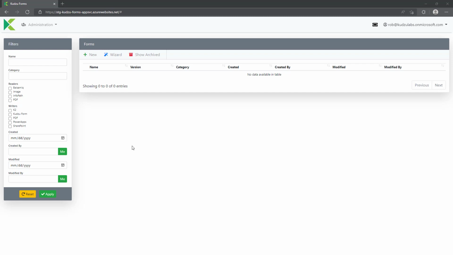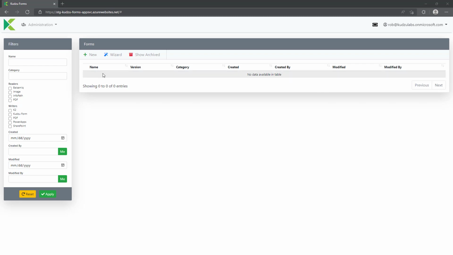Just going to run through a real quick demo here of our new data migration capability. You've seen the demos of, at least I hope you have, InfoPath to K2 Smart Forms, InfoPath to Power Apps, InfoPath to our runtime inside of SharePoint. This is kind of the add-on to that. So this can take that same data from those InfoPath forms, if it's in a form library, and move it to a SharePoint list. So do a full migration of that data, move it to a K2 Smart Object, move it to a Power App,